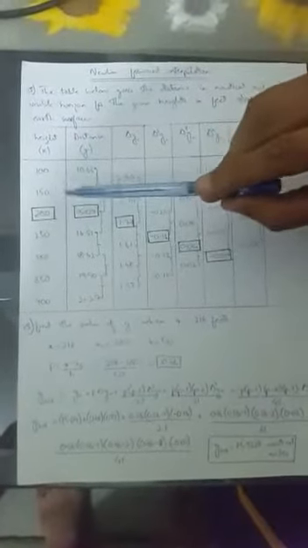Now the question asks us to find the value of y when x is equal to 208. We can see in the table that we don't have a corresponding value of y for x equal to 28. So we are going to generate a formula using the Newton forward interpolation process to calculate the value of y when x is equal to 14.